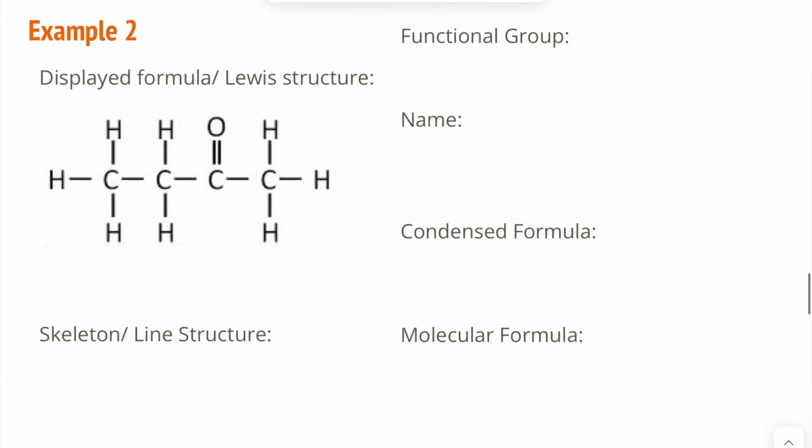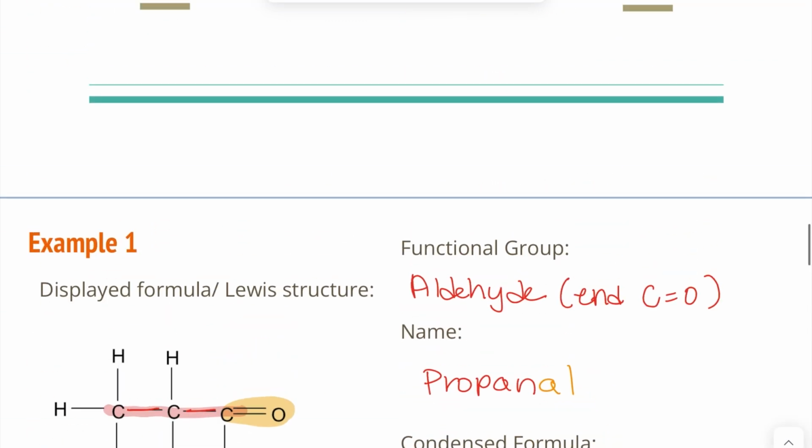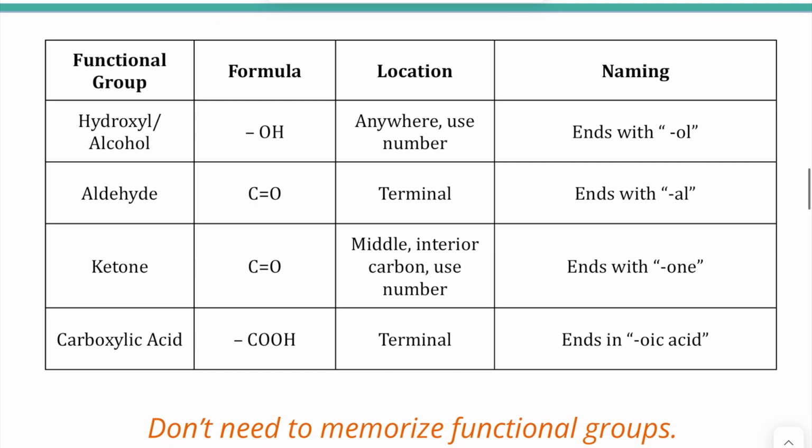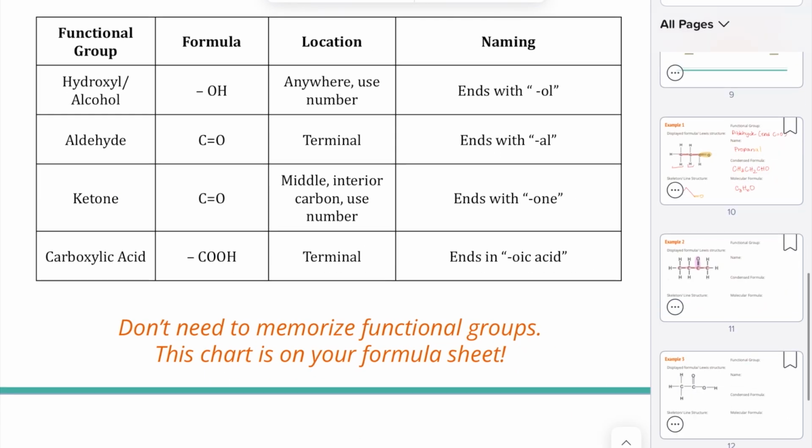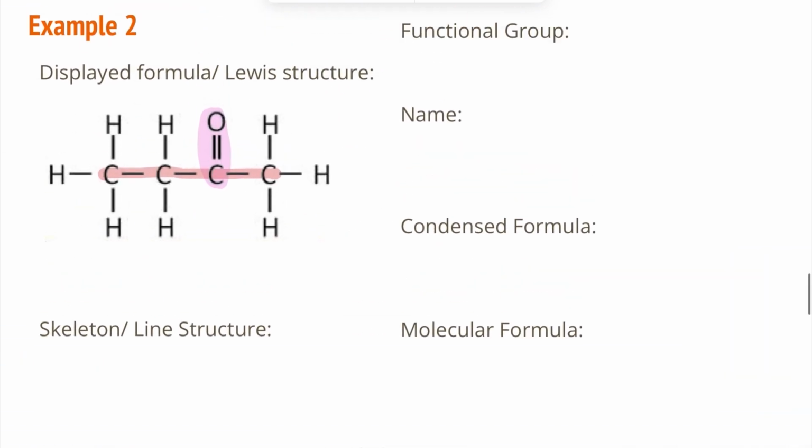Looking at our next one, we can start wherever we want. Let's start with maybe our functional group and our name this time. So I have that chain of carbons, and I can see what is different. I have an oxygen carbon double bond here. So as we look up here, those oxygen carbon double bonds, I've got that in the middle now, which means that this is a ketone instead of an aldehyde. So the fact that that's in the middle makes this a ketone, and we are going to go back to that example and we can fill that in. So that ketone,